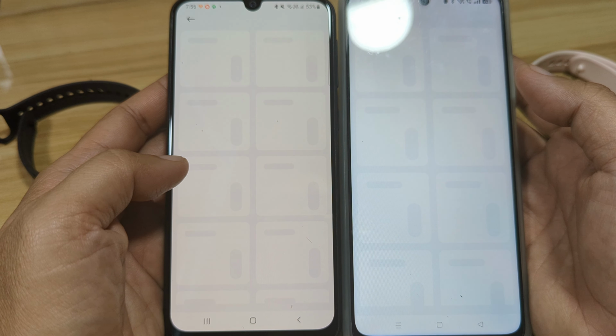Installing update. So we'll see in just a few seconds. 0%. It's already 3% or 5% here for our Smart Band 10. Obviously, we have a much faster download here for the Band 10.